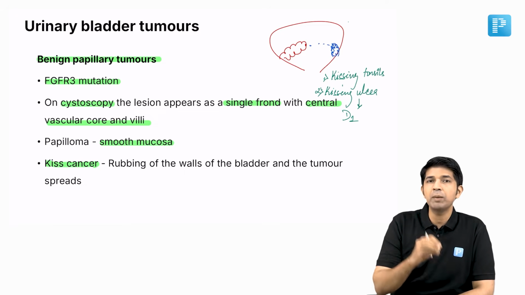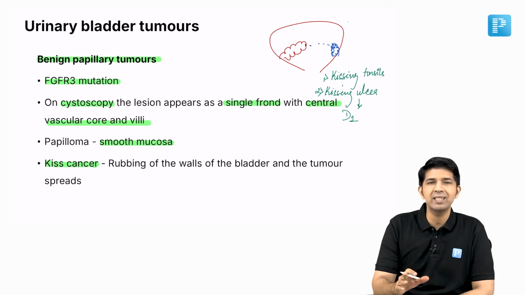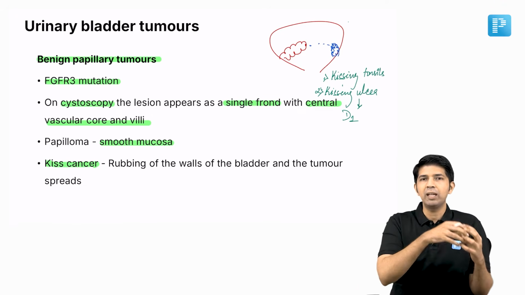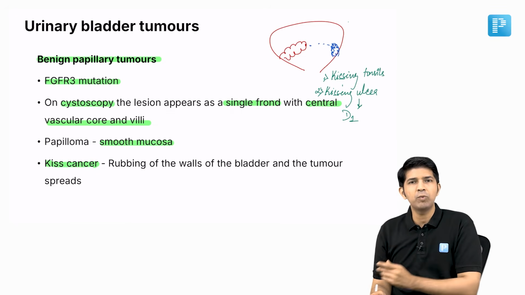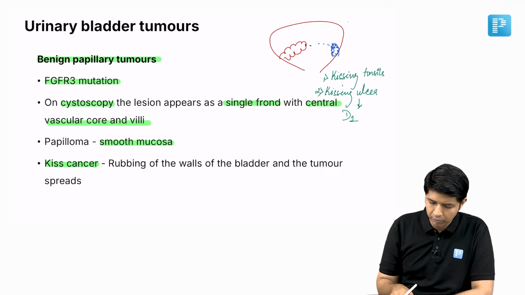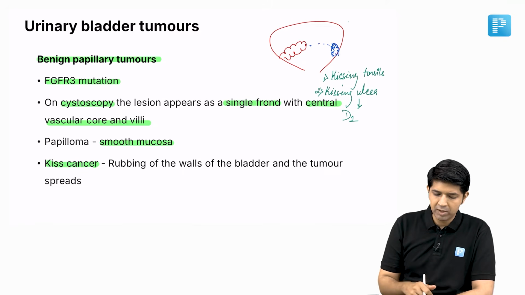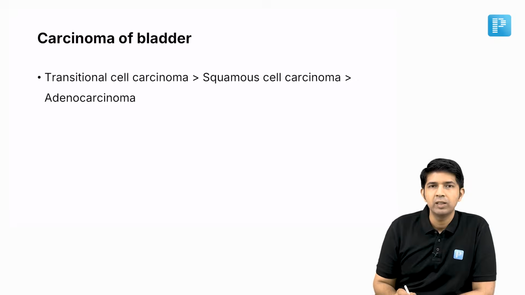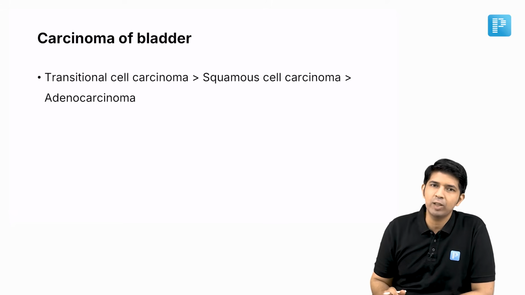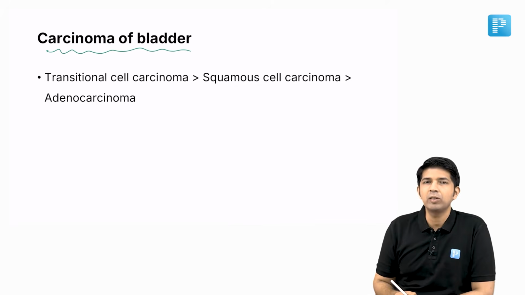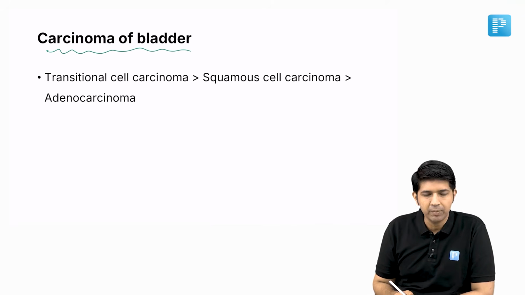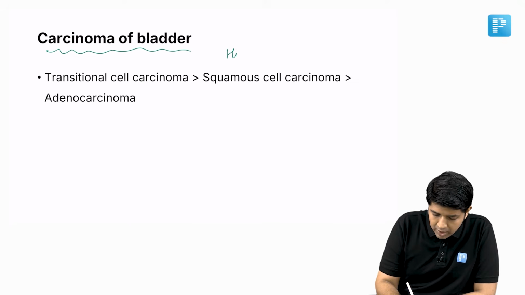In the same way, in urinary bladder tumors, you will find the kiss cancer, where the frond-like projection is sitting on the opposite wall, and there is deposition of cells on the opposite wall, which eventually becomes a tumor on that side. Now, let's talk about the malignant urinary bladder tumors, of which we will be discussing carcinoma of the urinary bladder. Now, if you look at it histologically,